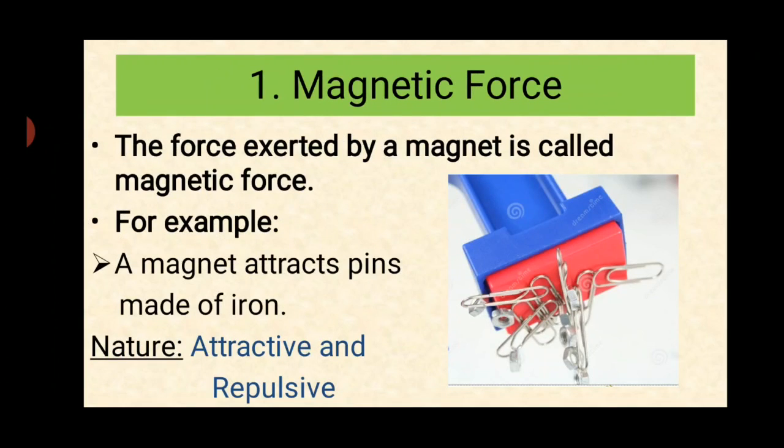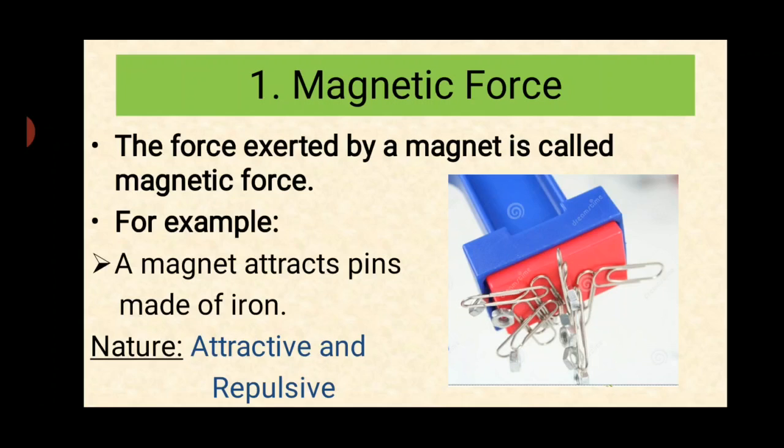Let us start with the magnetic force. The force exerted by a magnet is called a magnetic force. For example, a magnet attracts pins made of iron or another magnet. The nature of magnetic force is attractive and repulsive both. In case of iron pins, magnetic force will be attractive in nature, but the magnetic force between two magnets placed